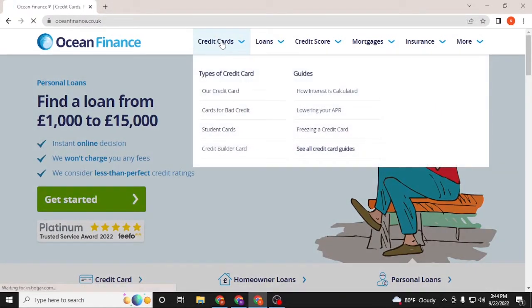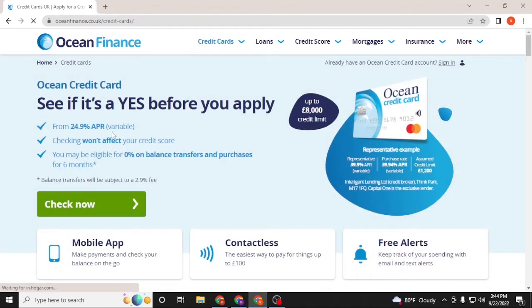Now, to log into your Ocean Finance credit card account, you can see the credit card tab available over here. Click on that credit cards tab, and after clicking on that credit card tab, you'll be directed to this page. It seems a little bit same, but it's a different page. You can see the home and credit card. Now, to log into your credit card on Ocean Finance or your Ocean credit card, you can see the sign in button available at the top right corner of your screen. Click on sign in,